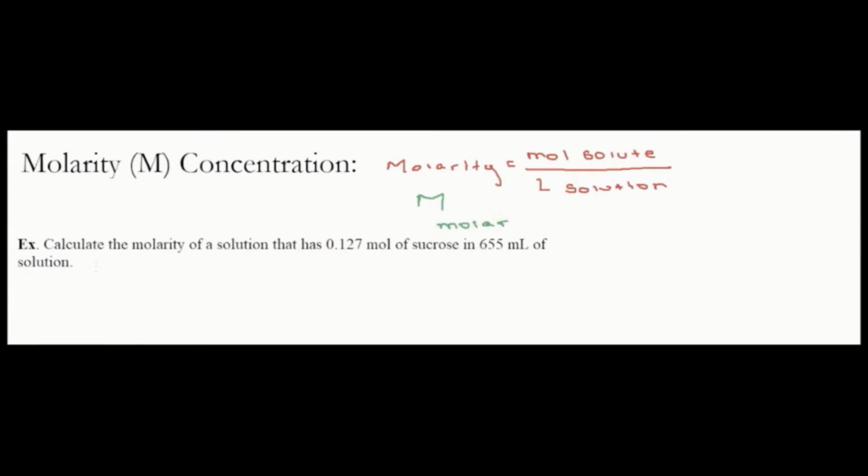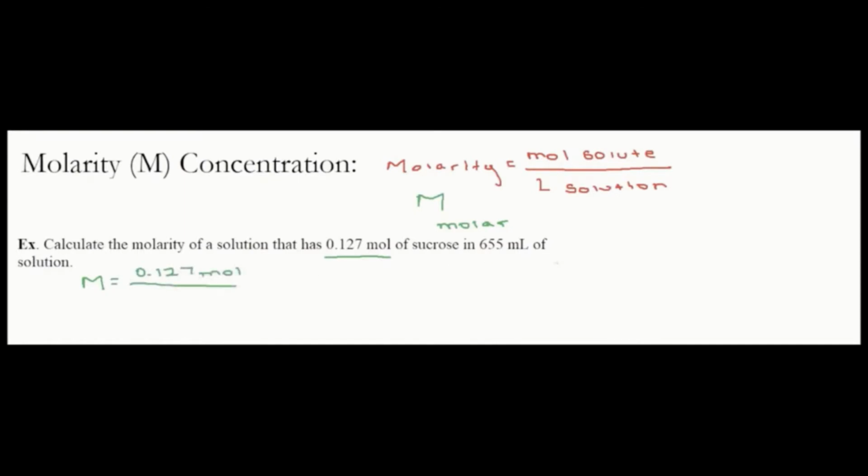Okay? So for this problem, it says calculate the molarity of a solution that has 0.127 moles of sucrose in 655 mL of solution. So here I already have my moles of solute. In a lot of problems you'll be asked, calculate the molarity of a solution that has a certain number of grams of solute. So in that case, you would have to convert from grams into moles. But here I'm already in moles, which is awesome. So my molarity equals my moles, 0.127 moles,